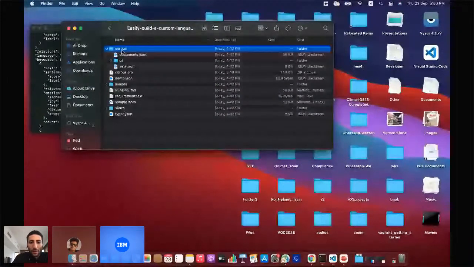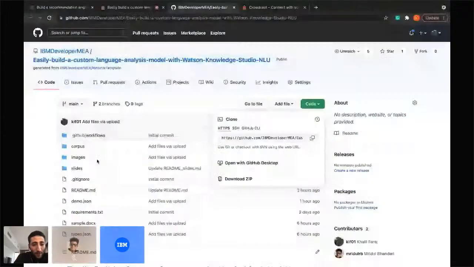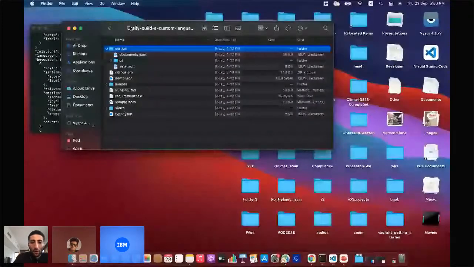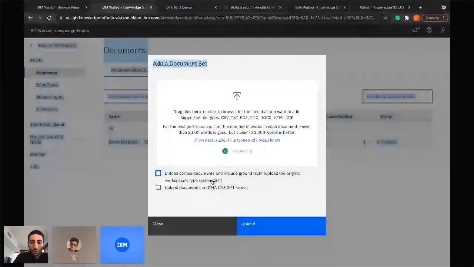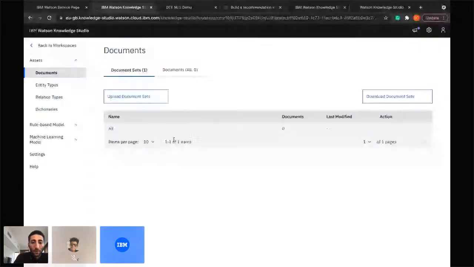But I think what's not working here is that I need to modify the format of it. It's fine though. Again, our focus here is on the sample document. So this is the file that you want to upload. So just go back, and I will show you the corpus on my already existing solution just to give you an idea. But for now, just click again on upload document set,